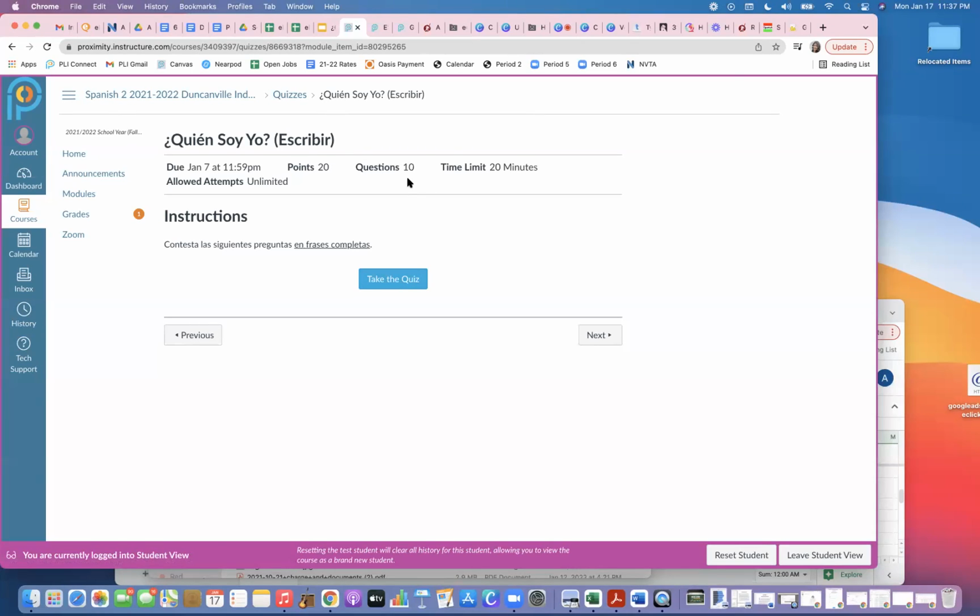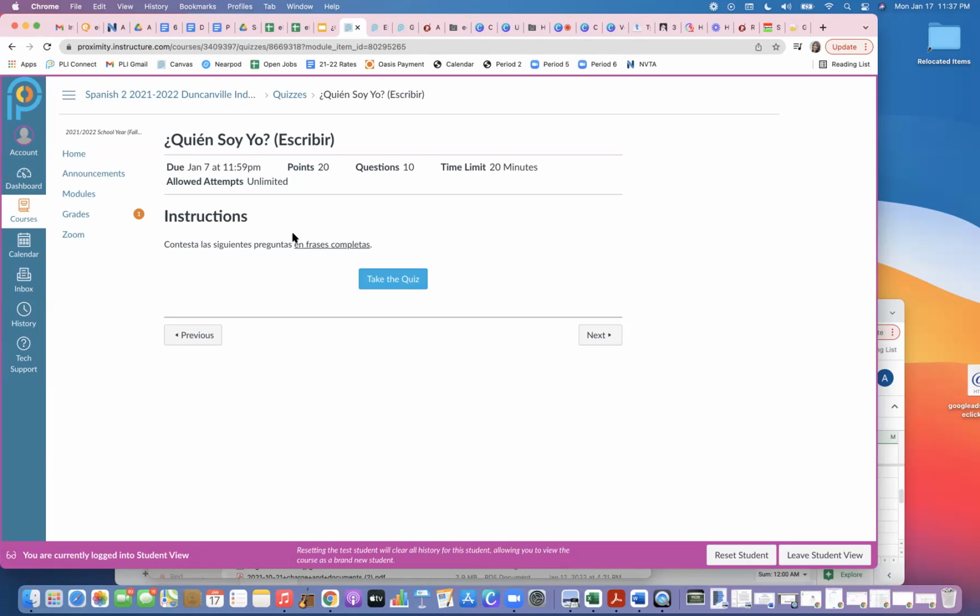This will give you a better idea of the things that you remember, and it will also let me know the things that you still need to work on or the things that I might have to go back and review as a whole class. All right, so do not worry if you're not sure how to answer all of these questions. All right, I will make sure that I help you along the way.